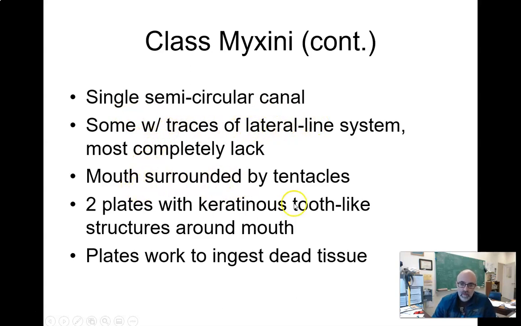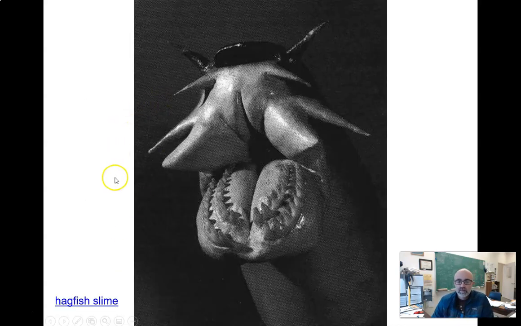Their mouth, while it has these tooth-like structures, has no true teeth, and they don't have a jaw to open and close their mouth and ingest food. So they use these plates, and that basically limits them in what they can eat. They're not chasing down large prey items because they don't have the jaws to do it. So they're sort of relegated to living in the deep sea